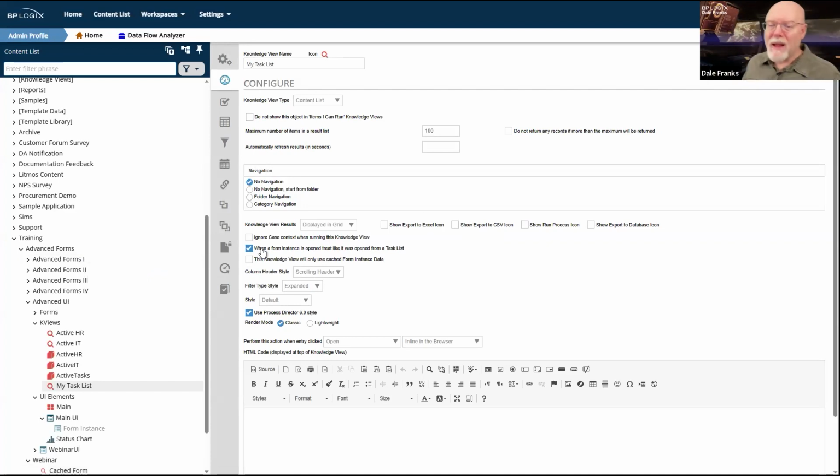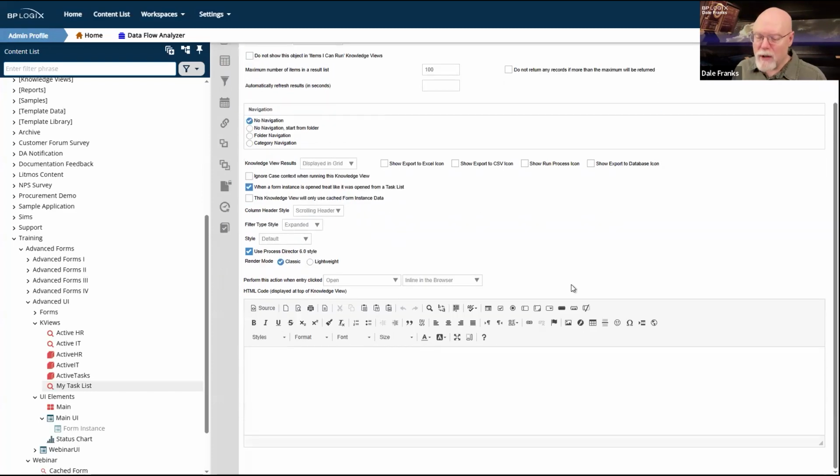So this can show me all of my tasks. However, a normal content list knowledge view will not open the form in task context. So checking this does open the form. If I have a task assigned to me, it opens it up in task context, which is what I want to do for this particular form or this particular knowledge view.